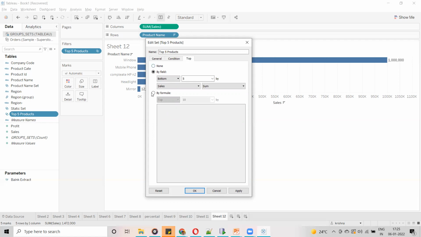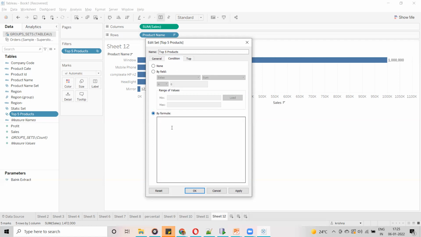So in the formula field, if you are going to write one condition, for example, I'm going to write one condition: region equal to APAC.